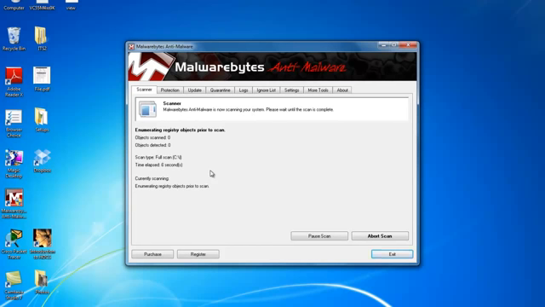And at the end of it, it will give you a list of any threats or viruses or any malware that it finds. And it will give you a click-on option to remove them from your system. Usually afterwards, it will require you to restart your system, and that gets rid of any of these threats to your system. Okay, I'm just going to abort this because I don't have the time right now to run this